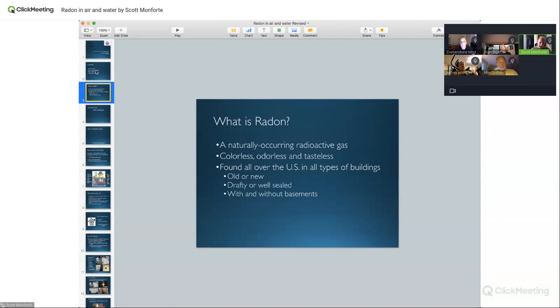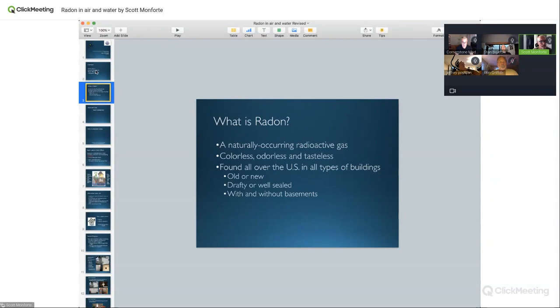So let's talk about how radon gets into the house. If you've ever opened your basement window in the summertime and there's no wind and you get a cool or warm breeze that comes in, that's because the house is under negative pressure. The stack effect, like a chimney, as hot air rises in the house, it creates more negative pressure. So of course, when that air is rising through the house, it's going to draw that gas in. It's going to draw the radon gas in.